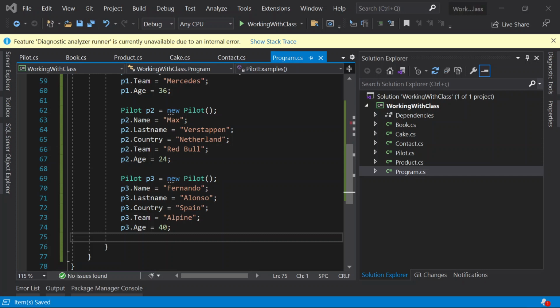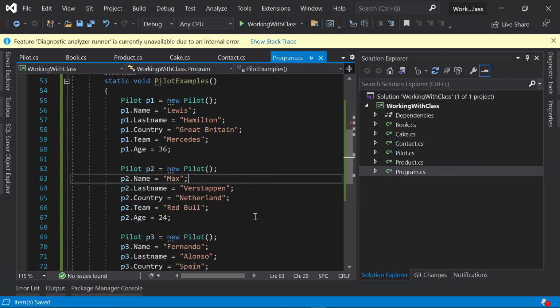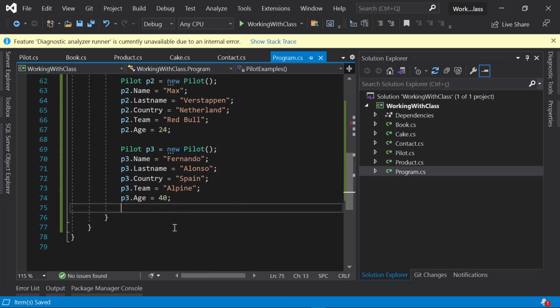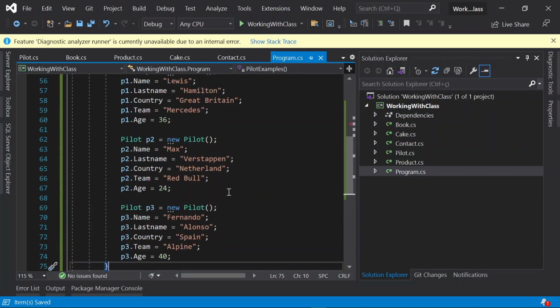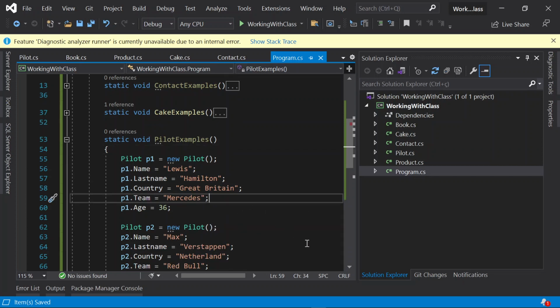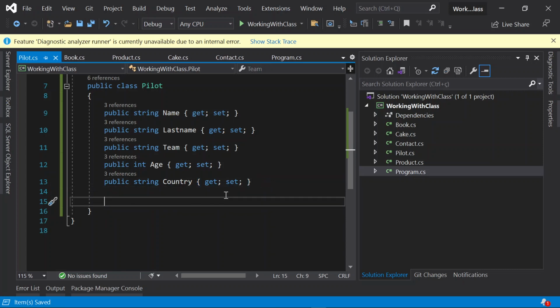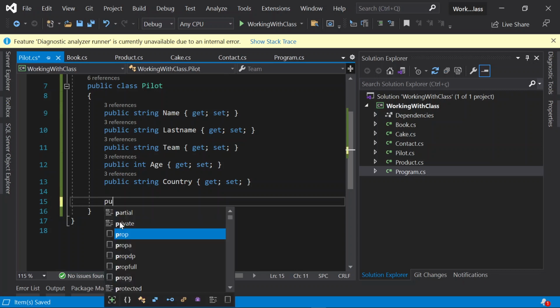Okay, very nice. So look, we are using the class to represent our pilots for F1. If you create an application for a race, you could use the class like this. Okay, good. So let's go back to my pilot class to complete this part of the video. I would like to have an action showing every piece of information in only one place. So I will be creating my method